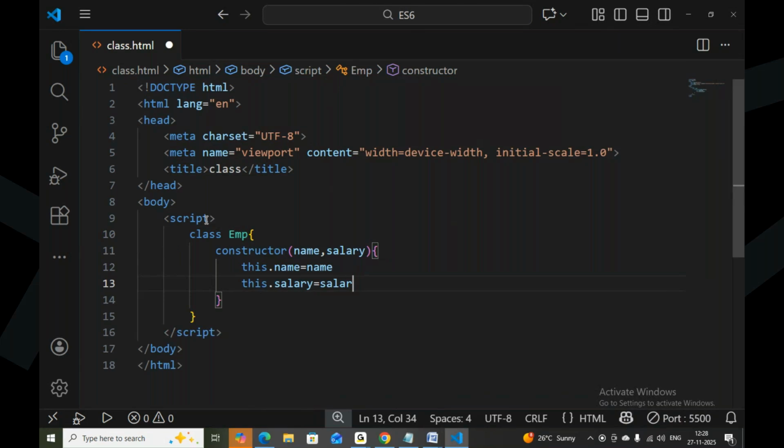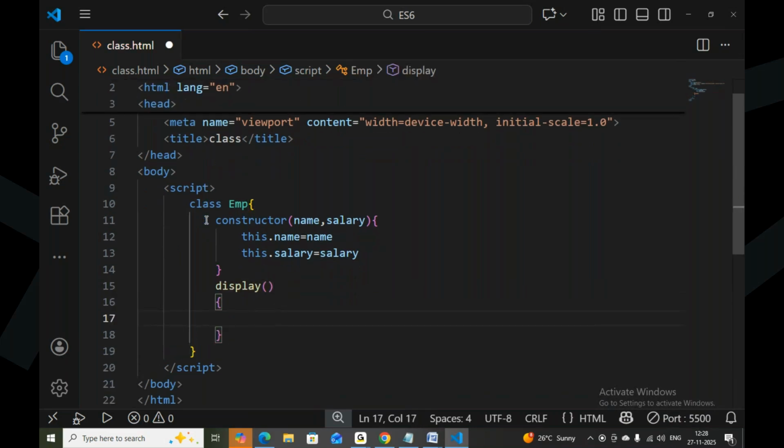If you want to define some class functions, you can define them also. For example, if I want a function called display. No need to use the function keyword. In Python, you have to give a keyword like def, but in JavaScript, no need to do like that. In the class, you can just directly write the constructor, write the display method, write whatever method you want. Okay, console.log. Let me go with the template literal,